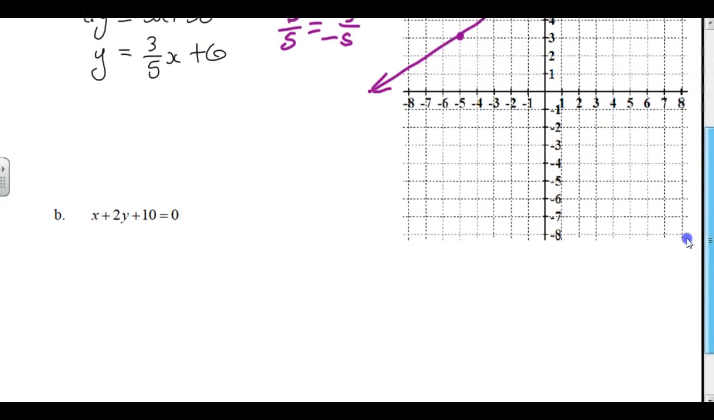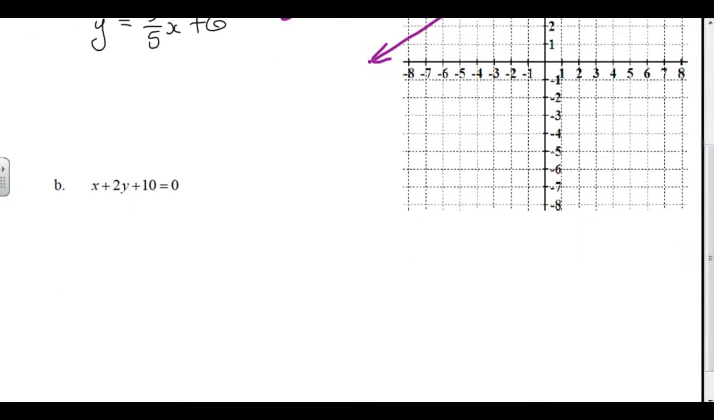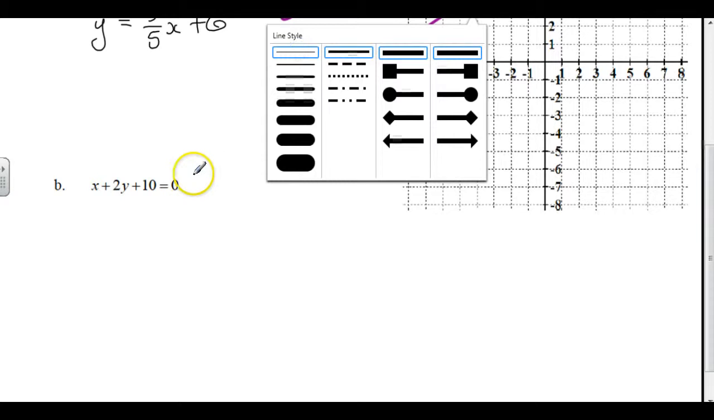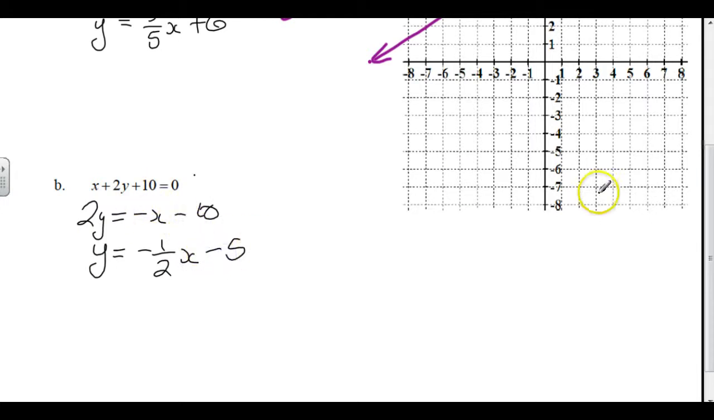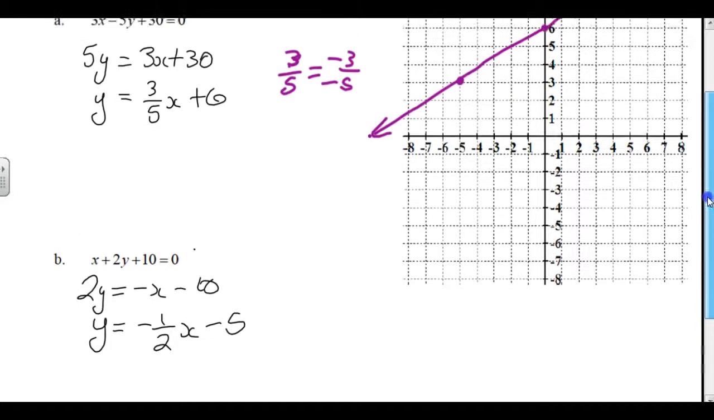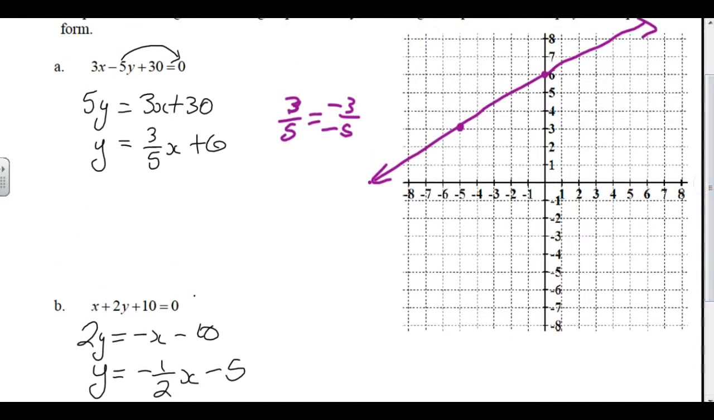x plus 2y plus 10 equals 0. Okay, so in this case the y is positive, so let's move everything else over. So that'd be negative x minus 10, and divide, so y equals negative 1/2 x. Remember there's a 1 in front of here, minus 5. So we have, let's do this one in red, a y-intercept of negative 5 and a slope of